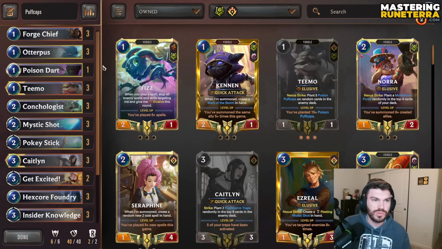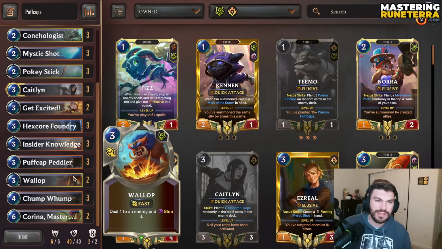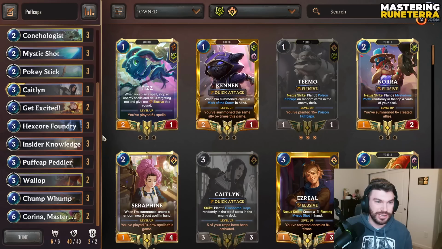We have the Bandle City tools, things like Forge Chief and Conchologist, I think, really do a lot to push the archetype forward. Obviously, Karina Mastermind was something of a newish addition. Newish, like I said, not new. It's been around for a bit. But things like Wallop, Chumpwump got sneak buffed. Like, the deck is not bad. I'm not going to tell you it's tier 1 or anything, but some archetypes, specifically Control or anything slower, really